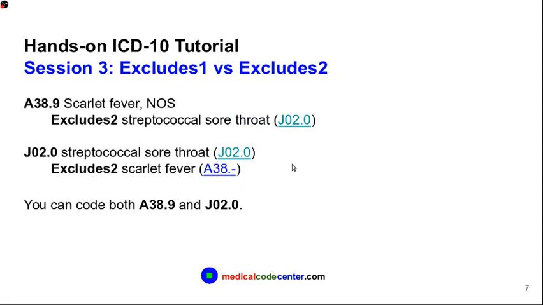So let's go to the final example for Excludes2. The first code is scarlet fever, A38.9. The second code is strep throat, J02.0. So for scarlet fever, it has an Excludes2 strep throat code, and also the strep throat code excludes scarlet fever, because those two codes have an Excludes2 relationship. So you can code both